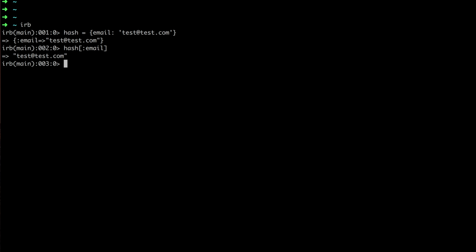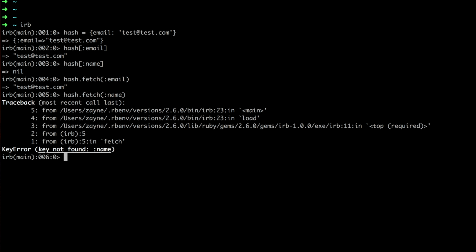And if we try to retrieve a value that doesn't exist in our hash, for example, name, we'll get back nil. What we can do with fetch is pretty cool. Similar to above, we can use fetch on our hash and we can pass in that key of email. We can get back test@test.com. But what happens if we try that with a key that doesn't actually exist in our hash? So if I try hash.fetch on name, we'll actually get back a key not found error because that key doesn't